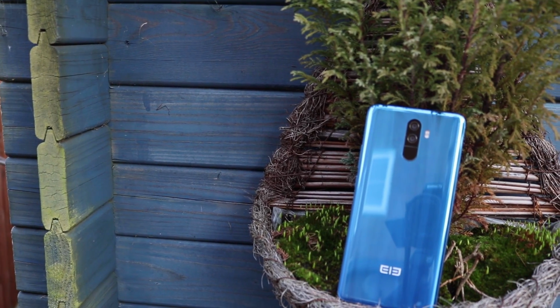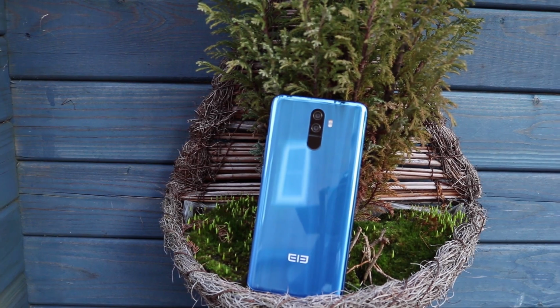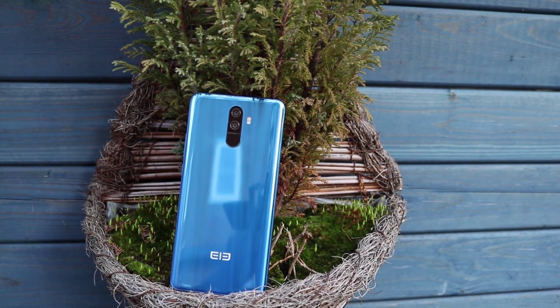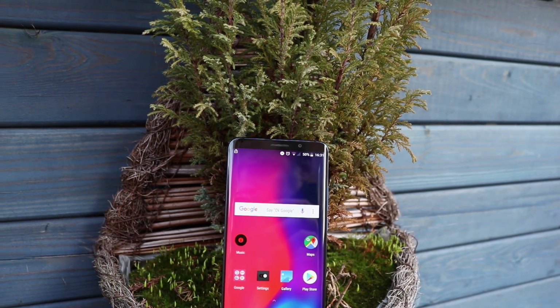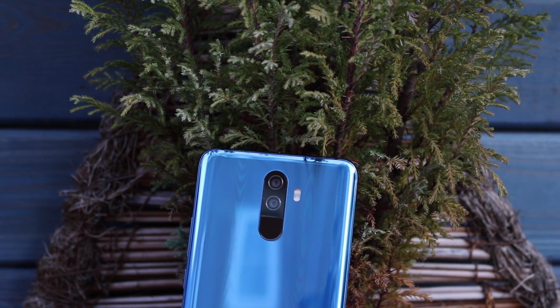This is the Elephone U Pro review. Hope you enjoy it. This retails for £337 on Gearbest at the moment, or if you want the normal Elephone U, that's around 50 quid cheaper, £286, but obviously it's a MediaTek CPU, whereas the U Pro is the Snapdragon